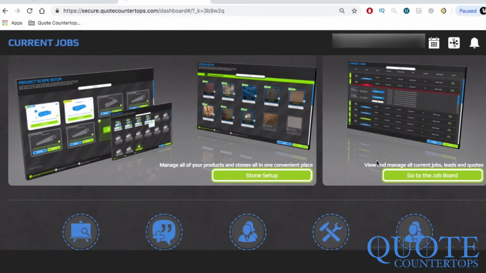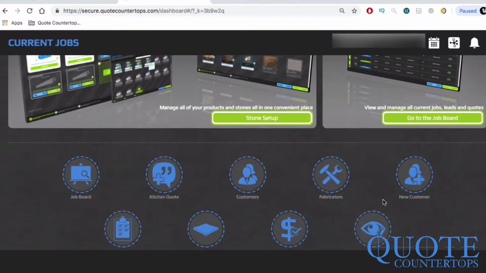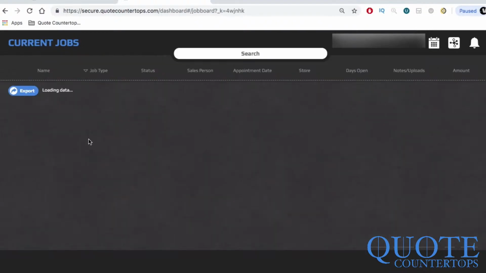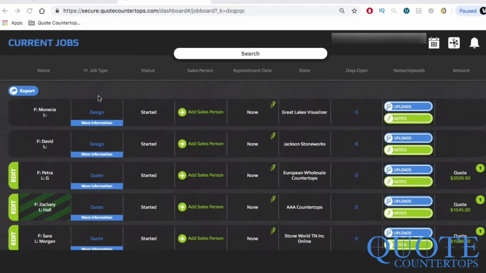On this dashboard, you can access your Jobs board either by clicking here on the green button or below at Job Board. Click on either. Let the data load. As you can see, this CRM consists of a historical view and analysis of data gathered from prospective customers. This CRM will enable you to manage your leads efficiently, whilst maintaining and creating relationships with your